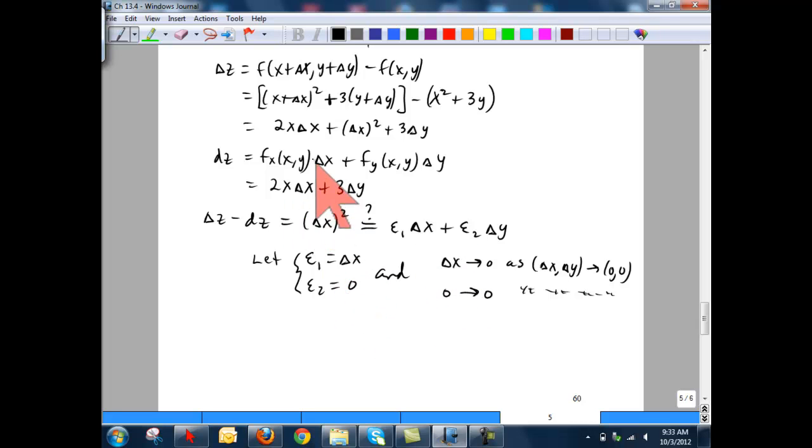I never specifically chose numbers for x and y. So we have shown that dz well approximates delta z everywhere